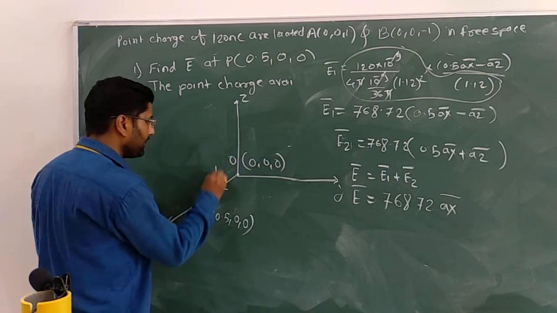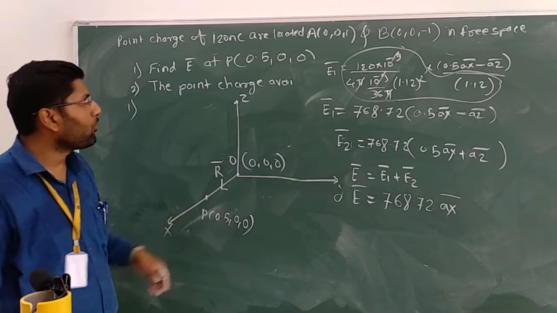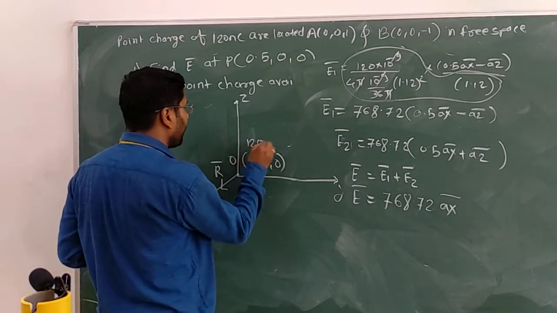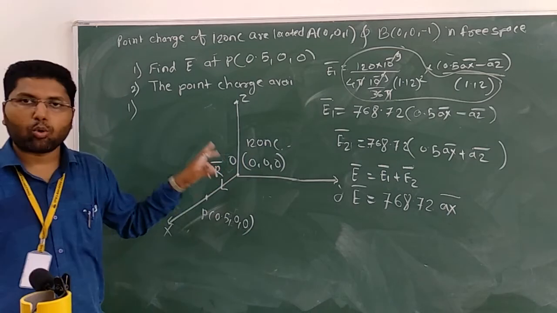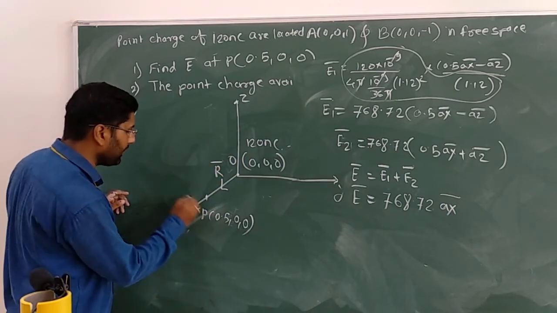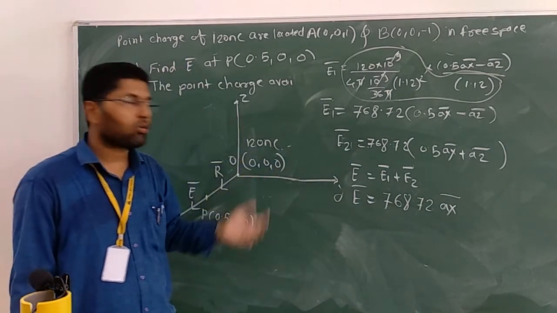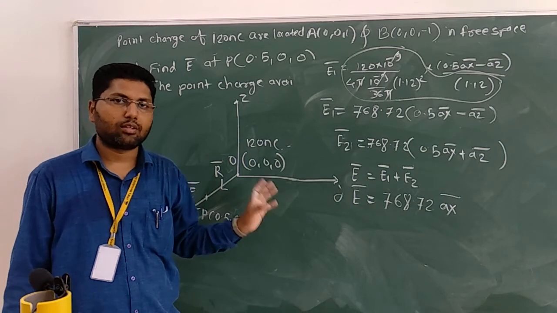And you have to find out this R bar. Easily you can find out the R bar. So the O point is given with 0.29 nanocoulomb. Due to this point O, you have to find out the electric field intensity at the point P, that is E bar. You can easily find it out and tell me what is the answer. Okay, this is a homework question.